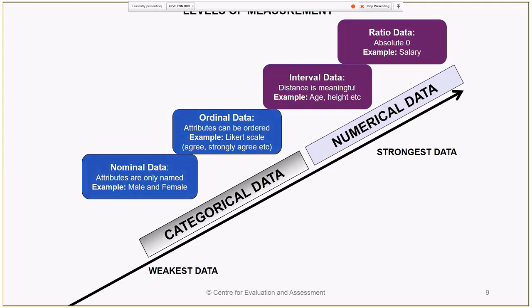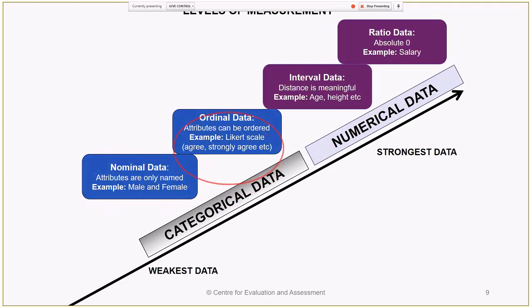So this, I hope everybody knows this. These are the levels of measurement. I was hoping that you would have been taught this at some point, but I just want to make sure that we are all on the same page, because if you don't know this, then you'll really be lost in any type of analysis. At the bottom end of the scale of the levels of measurement as described by Stevens in 1945, we've got nominal data, so things that can only be named, like male and female.